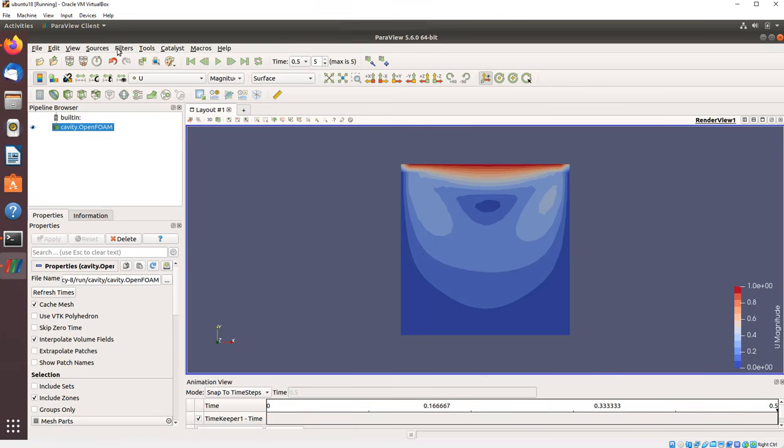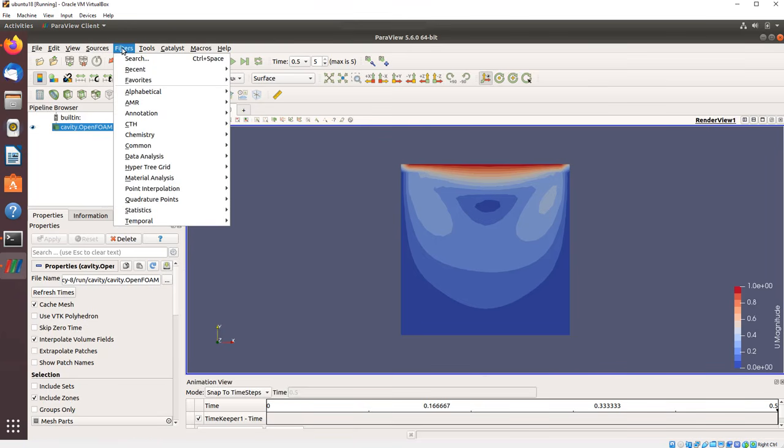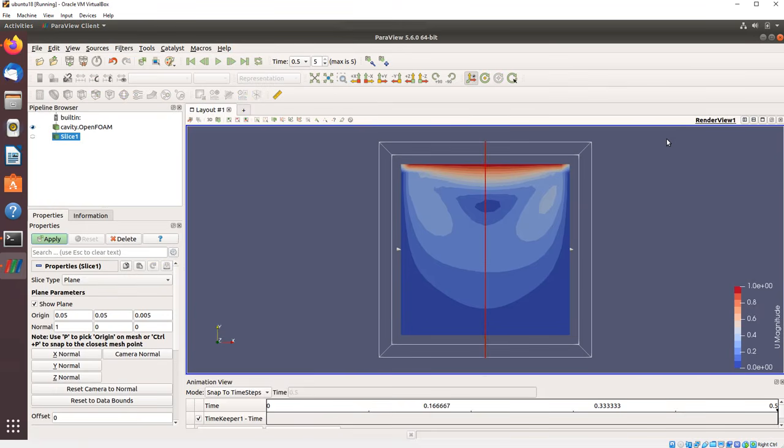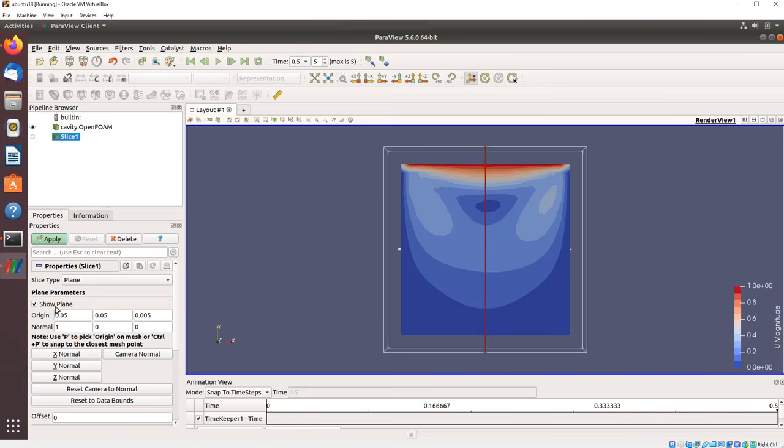The first way to do this is to go into Filter, and let's go into Alphabetical, where you have all the filters in ParaView. There's a filter called Slice that will allow you to split your model along one plane. Here you have several ways to slice your model. Here the slicing is along a plane, and the plane is in red, so you don't see it because it's in the direction of the screen. But you can change this by clicking on the normals here. If I click on Z normal, you see the red